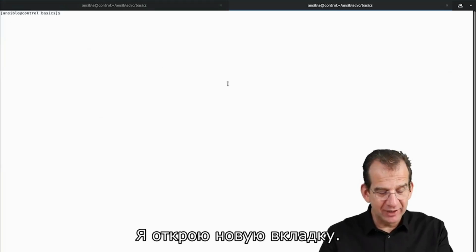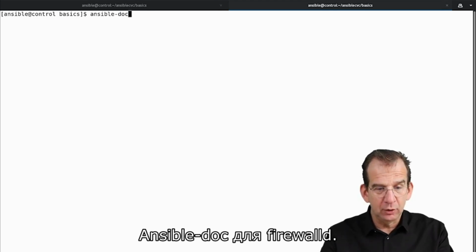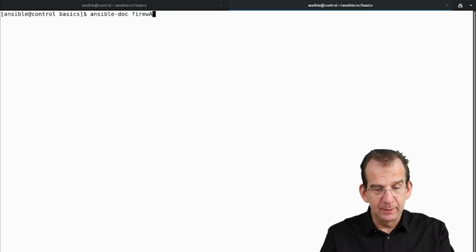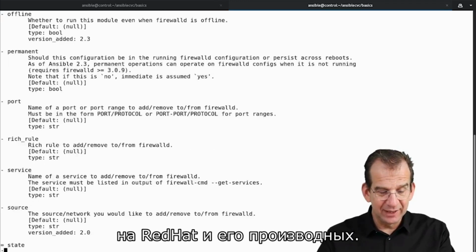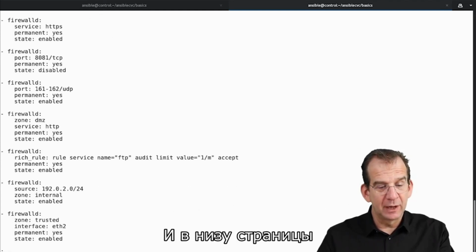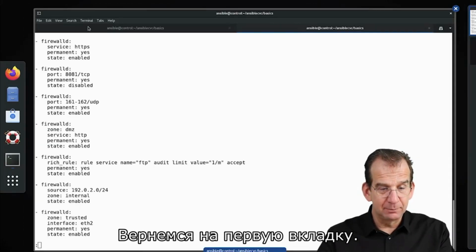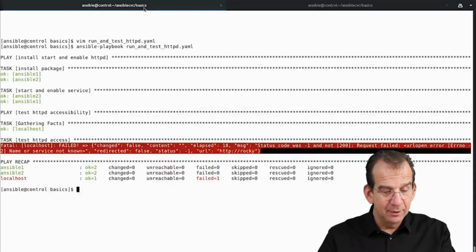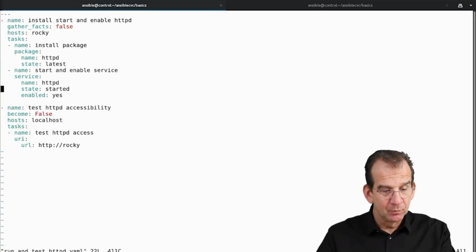I'm going to open a new tab. And in my new tab, I am going to use Ansible doc on firewalld. Firewalld is the module that we need on Red Hat and related. I am going to scroll downwards, and if you scroll downwards, we can see an example of what we need. So let's get back to the other tab, and on the other tab, let's use this run and test HTTPD,